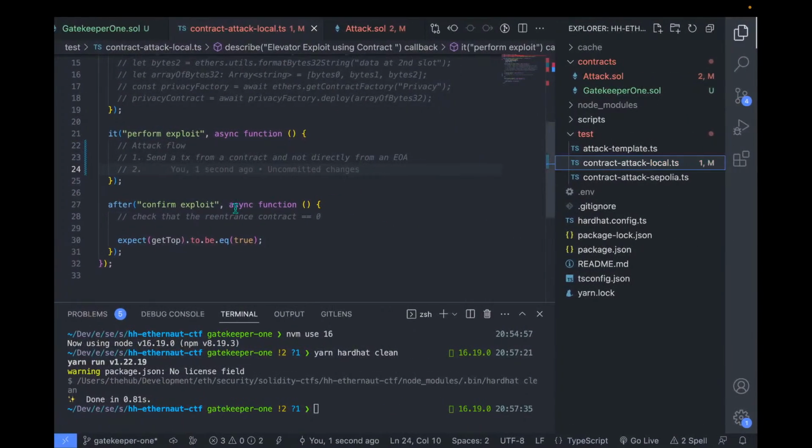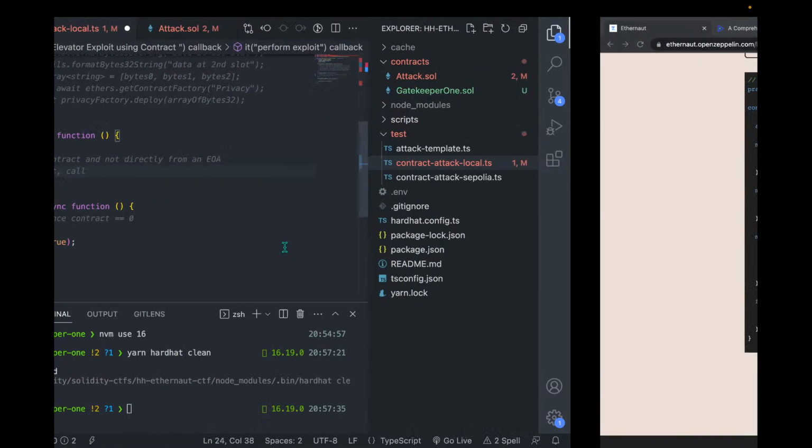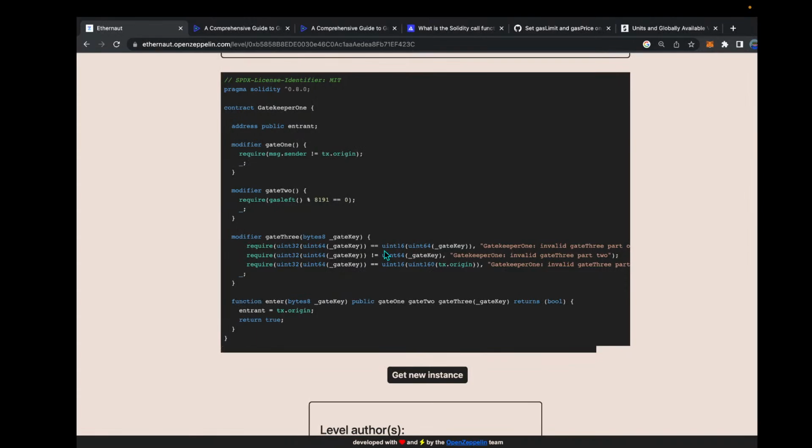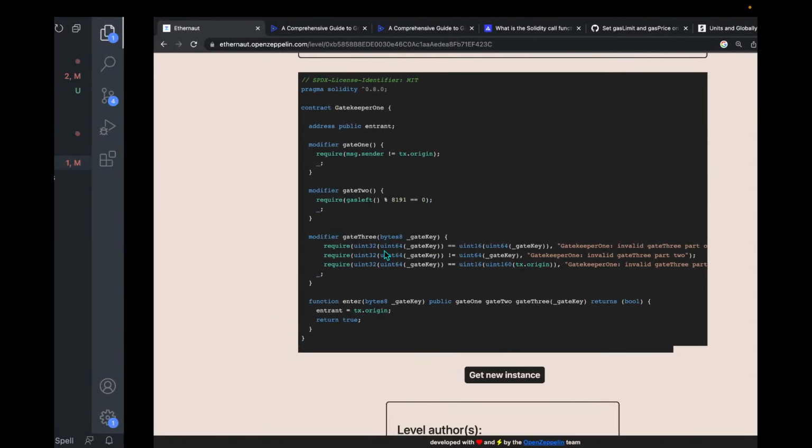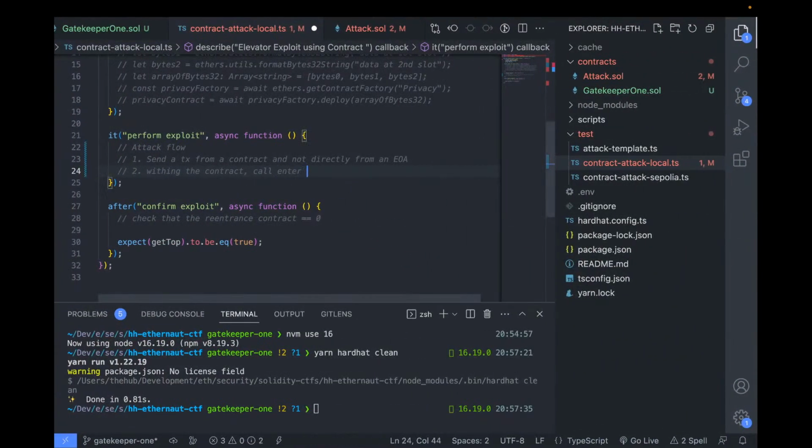So here's how I think. Send a transaction from a contract and not directly from an externally owned account. Within the contract, call enter with the address cast to bytes8